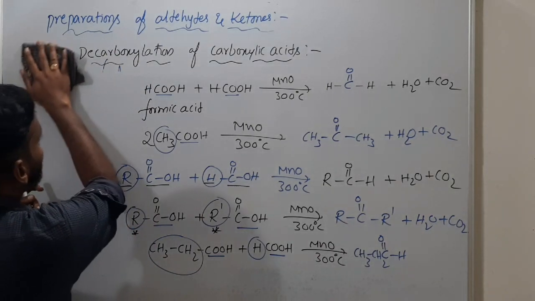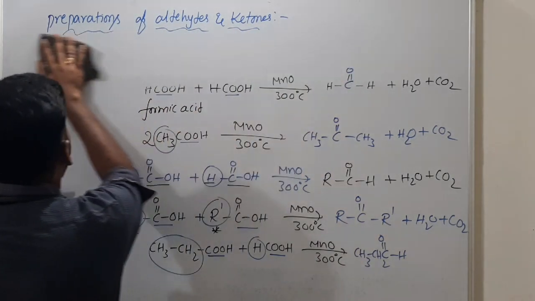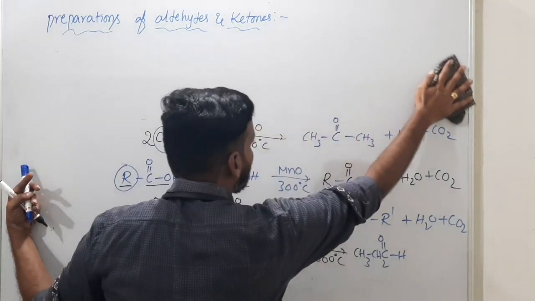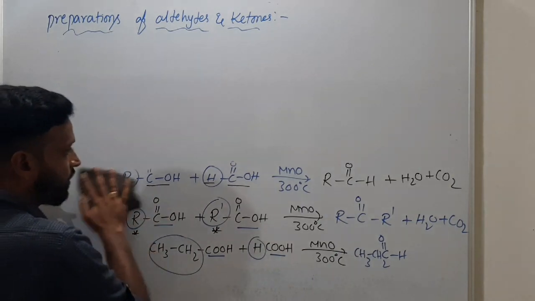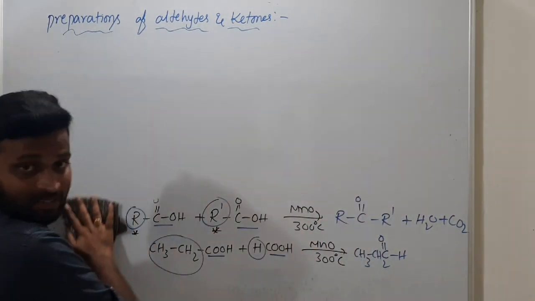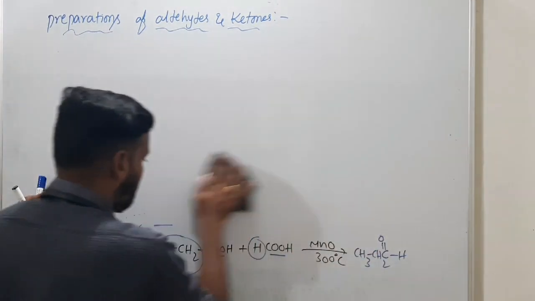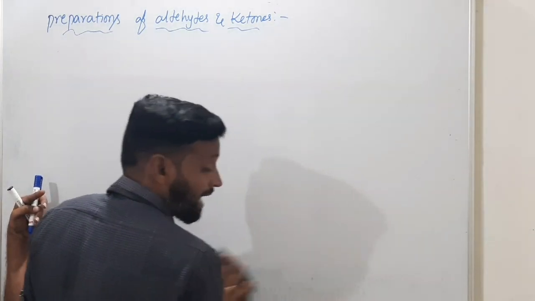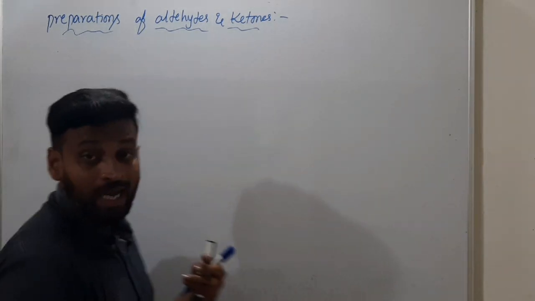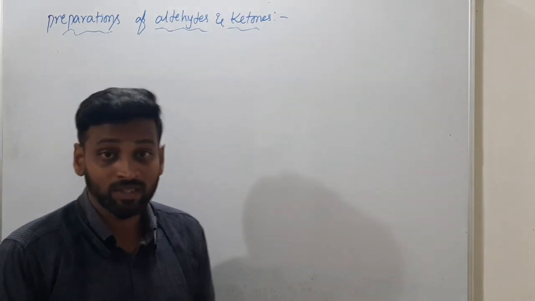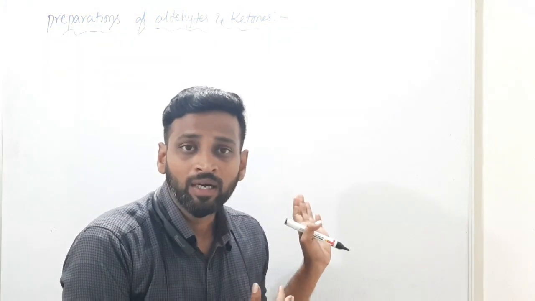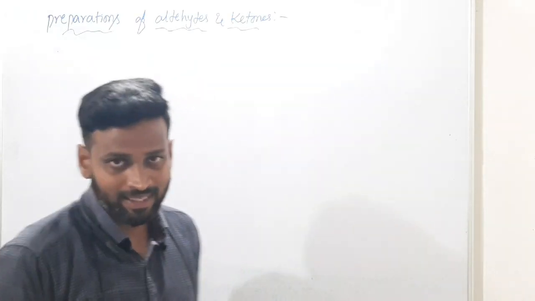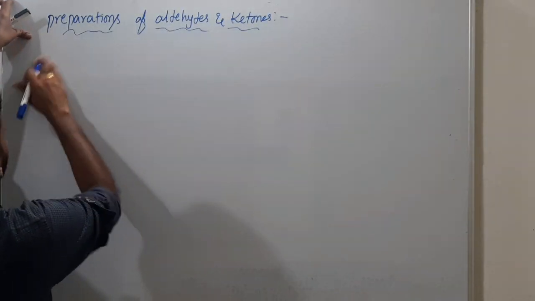So carbonyl compounds, how to prepare, we discussed. Previously I think we discussed ozonolysis, and from alkynes on treating with H2O in presence of HgSO4 and H2SO4, and from geminal dihalides. Today we discussed dry distillation as well as one more, decarboxylation of carboxylic acids. And next,